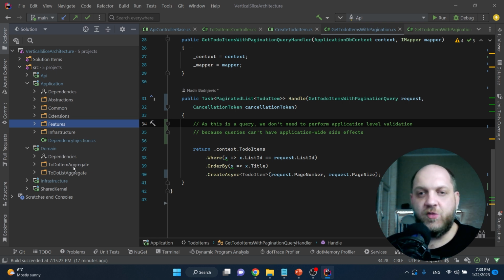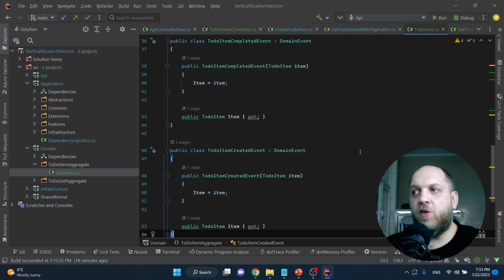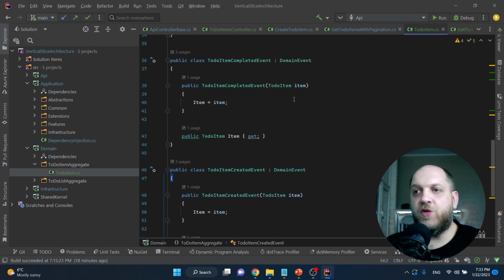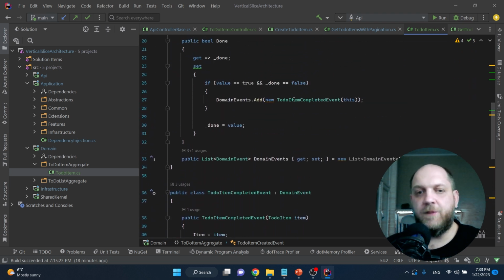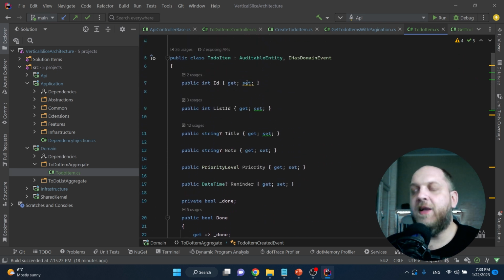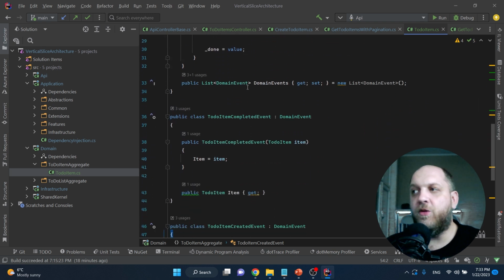And by the way, this project was using some concepts from domain-driven design, and that's why while refactoring, I have kept those concepts, but I kept the implementation from the original author. So this means that we have here a to-do item aggregate. And here in this to-do item, well, of course, we have just this simple class, but once again, I don't really have a problem to put things together that belong together also from the point of view of the technical concern. So we have here this to-do item class, which is our, let's say, domain model,